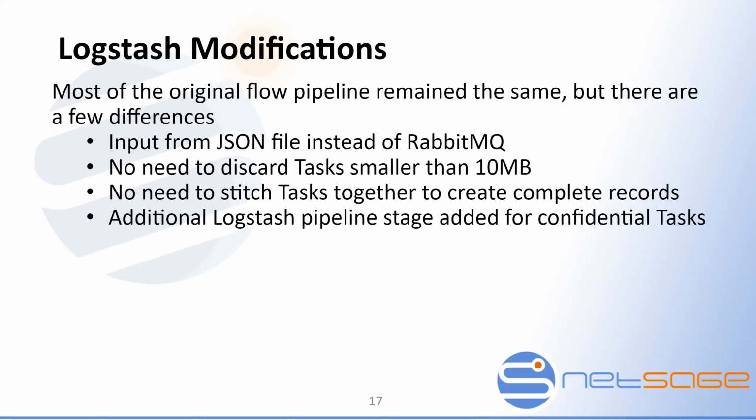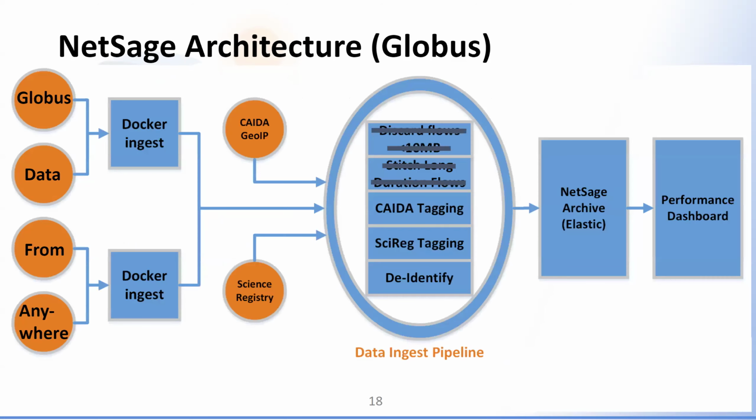We don't need to do that anymore because Globus is giving us complete records. And then we just had to add one additional Logstash pipeline to process that quad 255 address. So really pretty trivial modifications on our part. More of the work went into changing the dashboards around to be able to display this Globus data in a fashion that makes sense and to take advantage of some of the features of Globus data that we don't have with